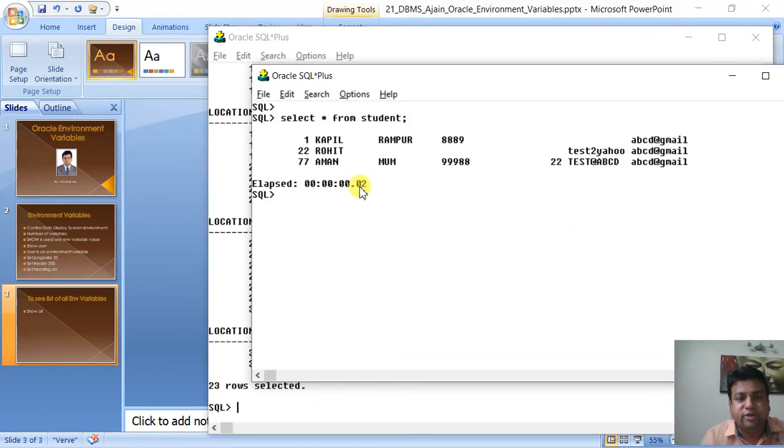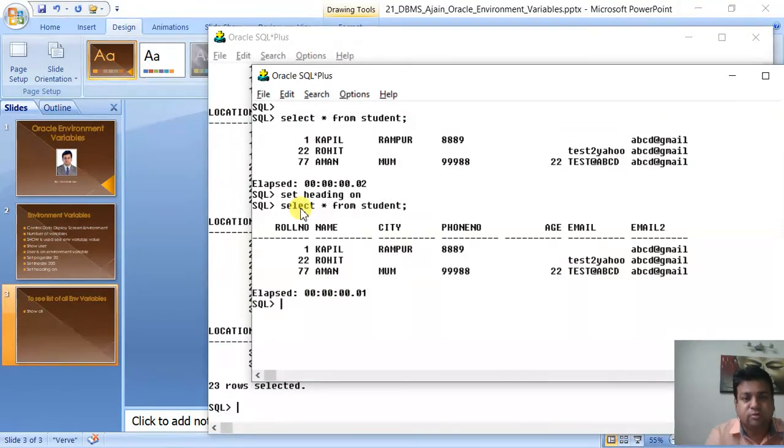So 0.02 millisecond. So as you can see, heading is not coming. What I can type, set heading on. Okay. Select star from student. Now timing is coming, 0.1. Why has this happened? Once you have run the query, it comes into the buffer and next time it might take less time. That is why it has happened.